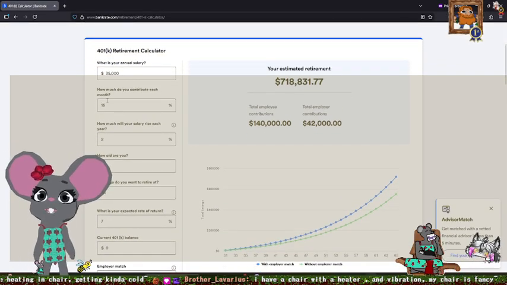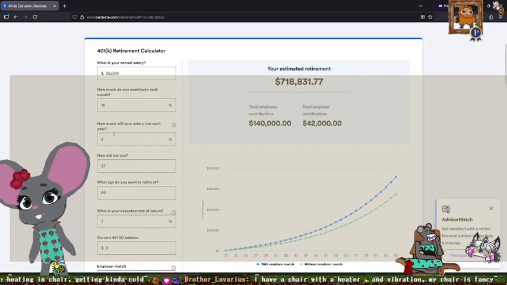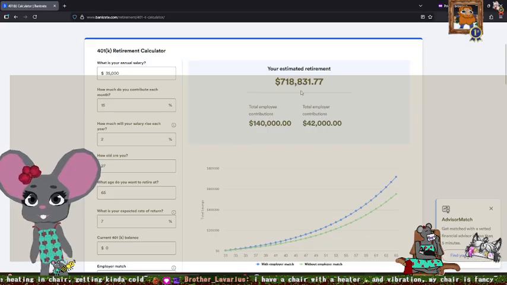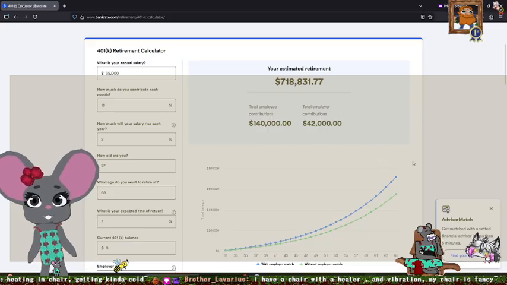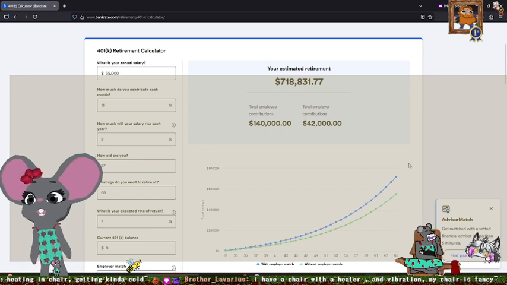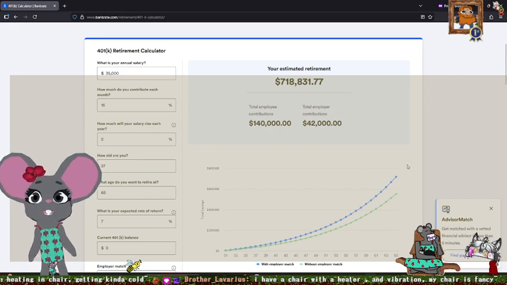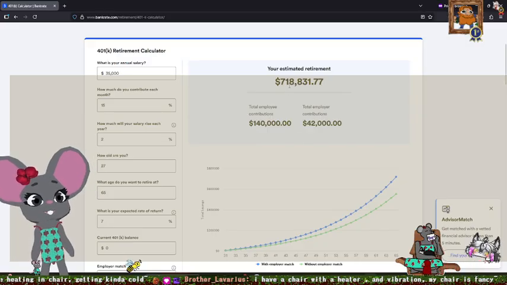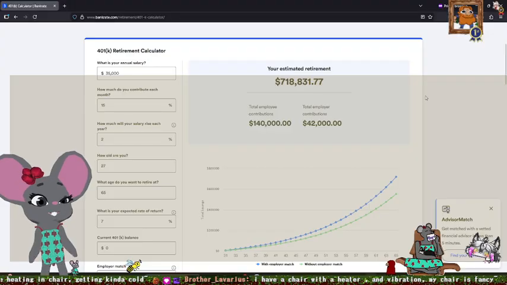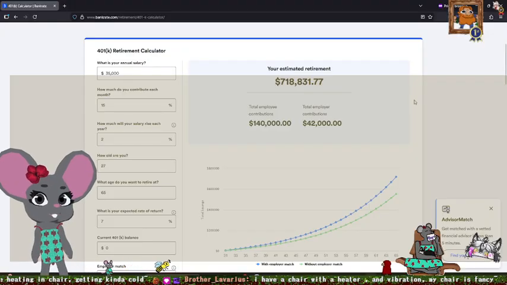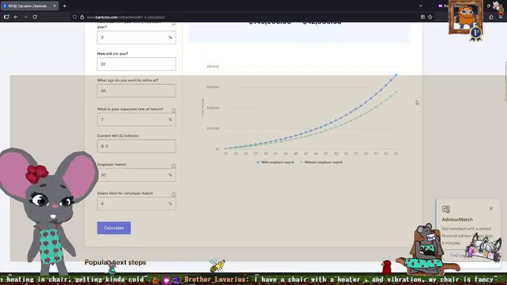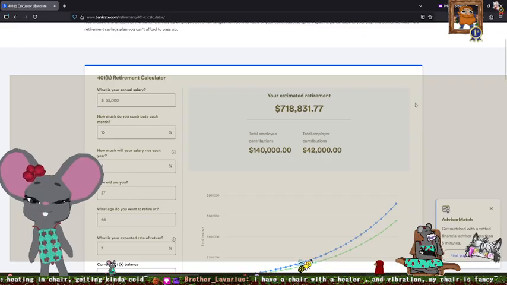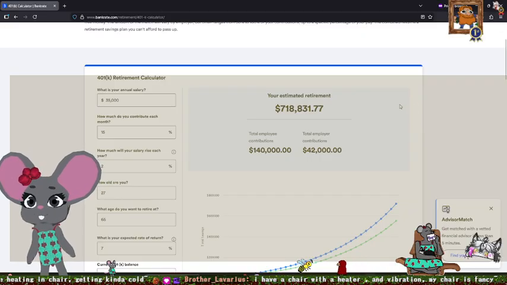So when our calculator accounts for us getting annual raises every year, we could have $750,000 in this account by the time we retire. The key is to start now. Start as soon as you can. Contribute as much as you're able, and over the lifetime of your career, with compounding interest and investing, you could have a substantial account of retirement savings.